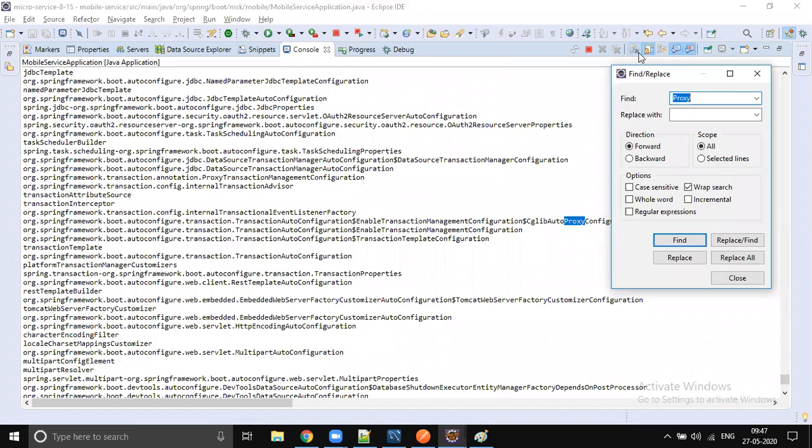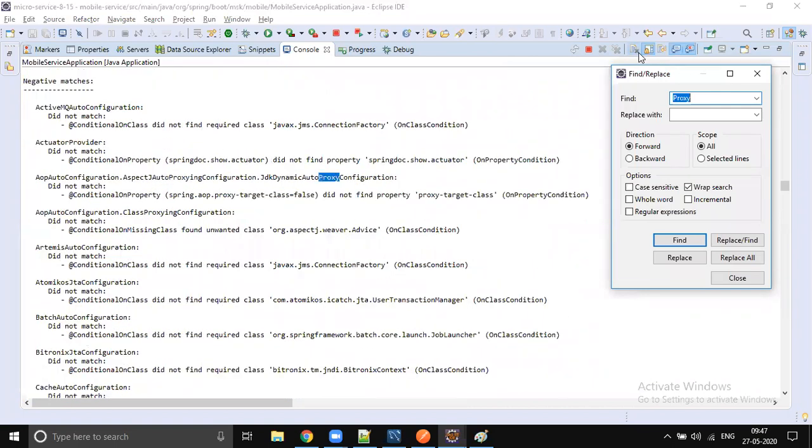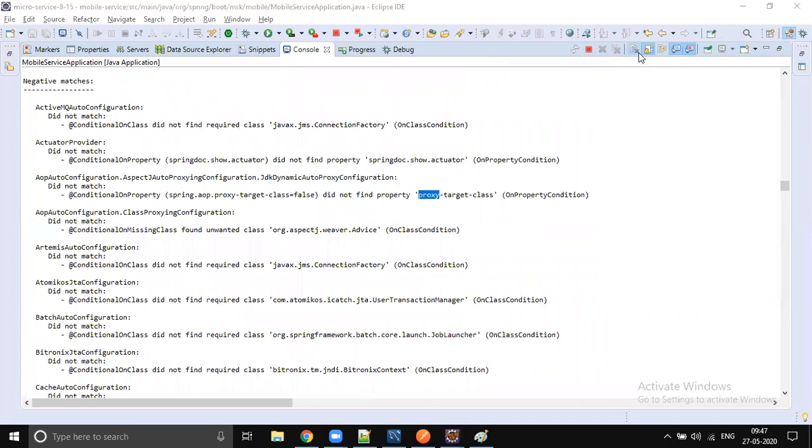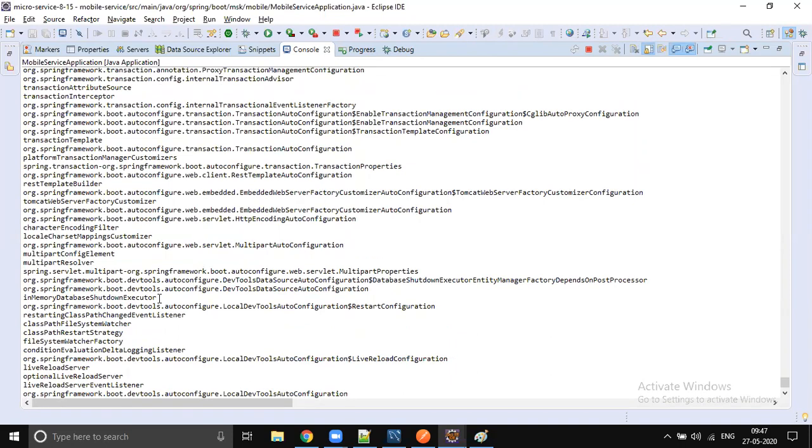So CGLIB auto proxy. So many beans are created. Okay. So these many beans are created by Spring Boot: live reload server, security listener, JPA, some JPA proxy, something will be there. I don't remember the exact name.